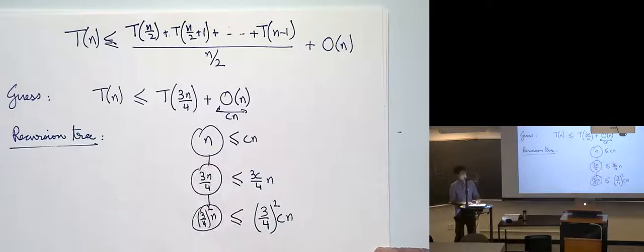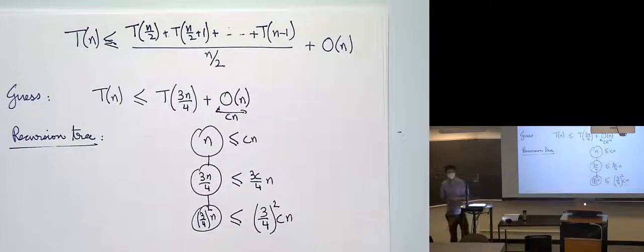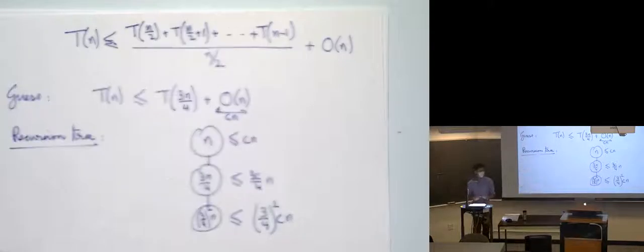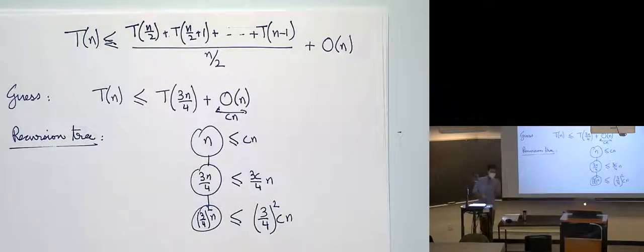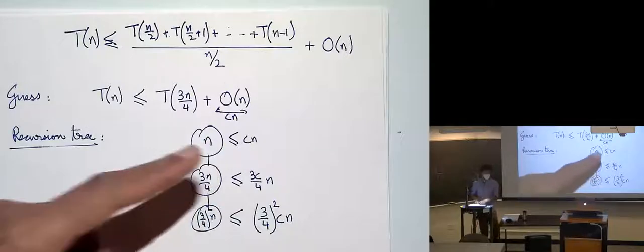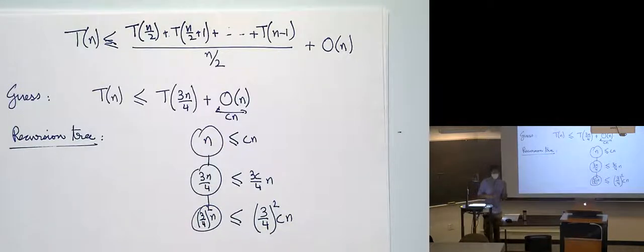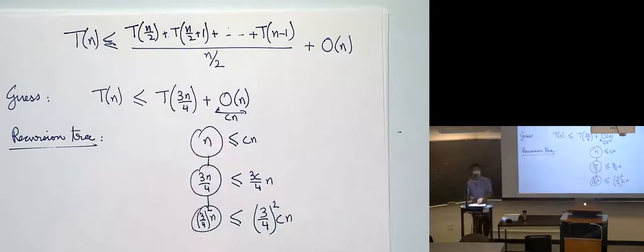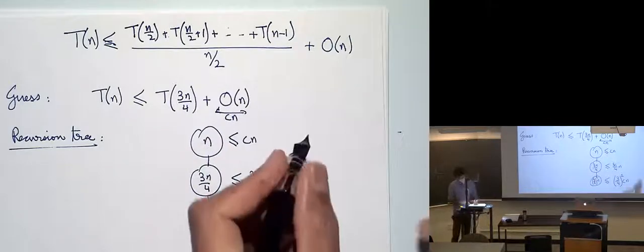This is going to be at most 3 over 4 Cn. Do you see the pattern? What's happening is that the total work is decaying exponentially. So this is the third type of recurrence. Last time, in merge sort, all of these are equal. In that improvement for the stock market problem, they were exponentially increasing. And here, it is exponentially decreasing. So the total work